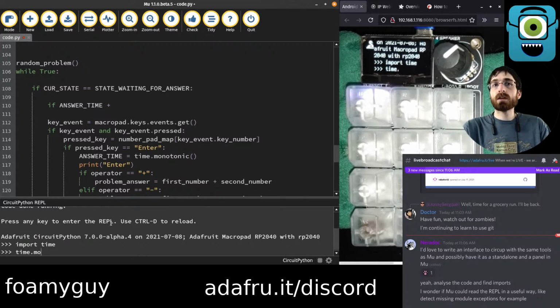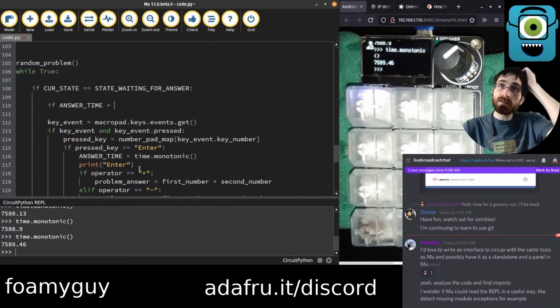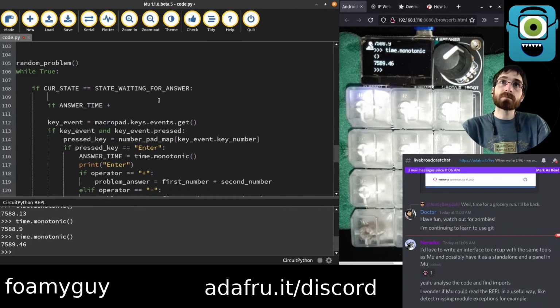Time dot monotonic goes in seconds. Okay. So we'll say answer time plus, let's say we want that to stay on the screen for maybe 3 seconds. So if the answer time plus 3 seconds is greater than or equal to the current time,